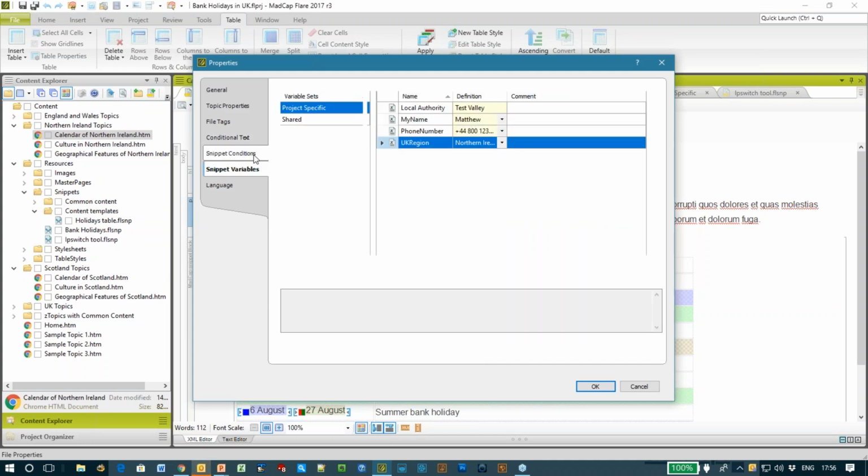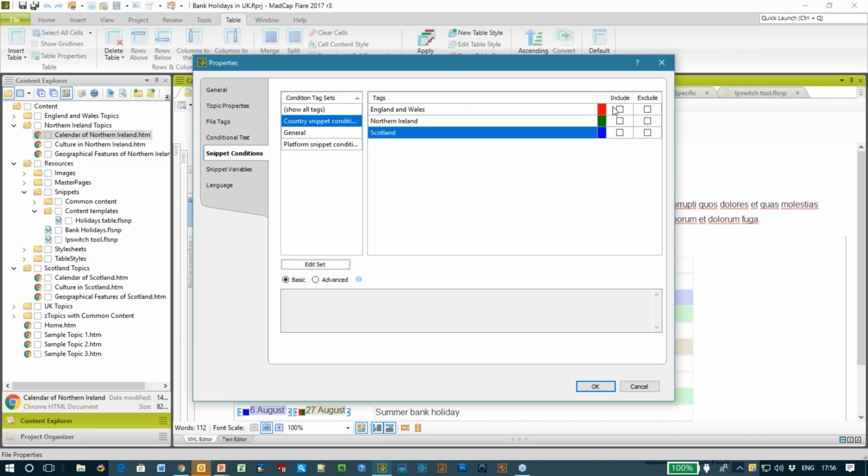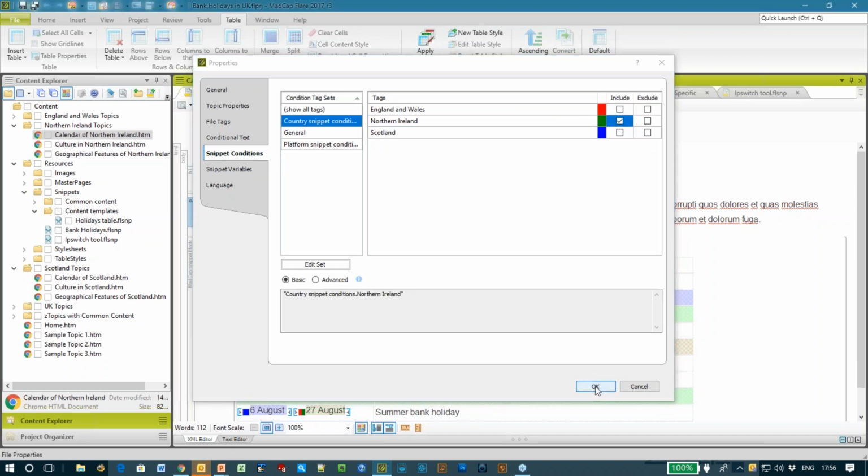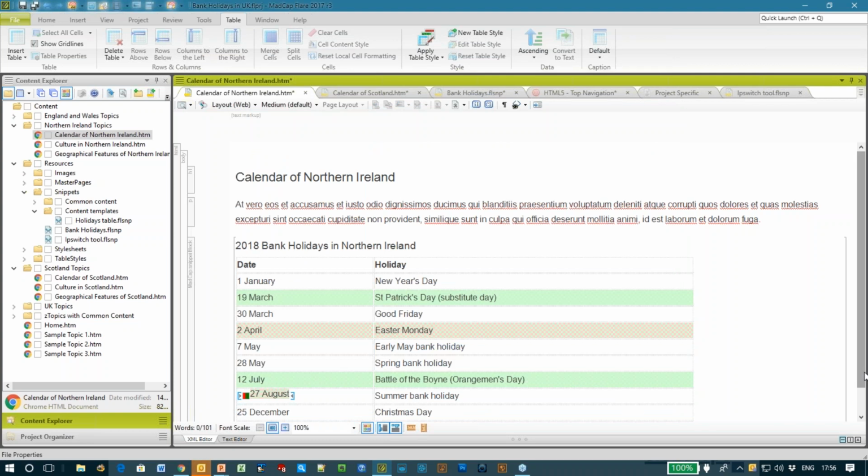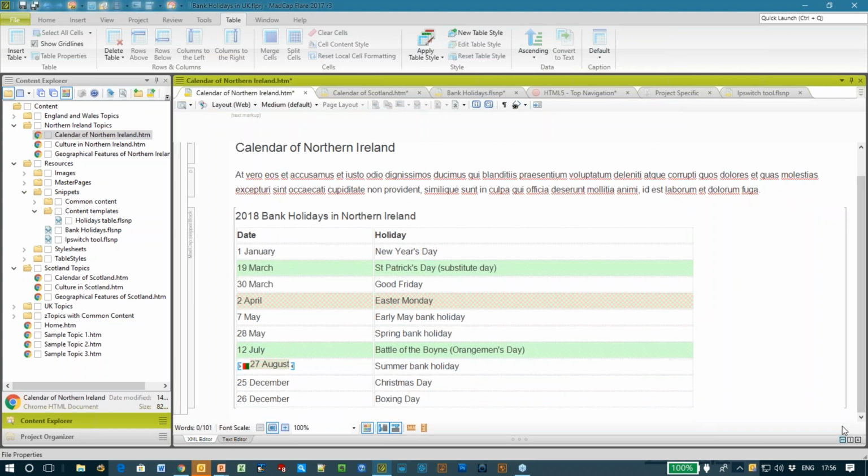And while I'm in here, I'm also going to say just include the Northern Ireland conditions within the snippet. So suddenly this snippet is presented differently.